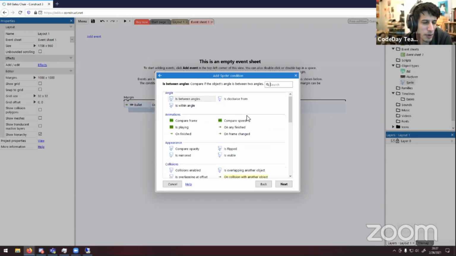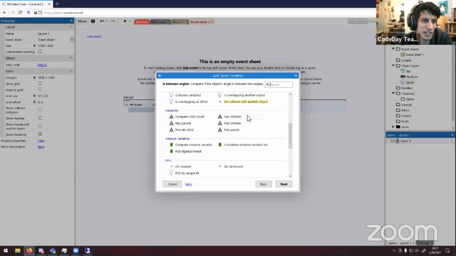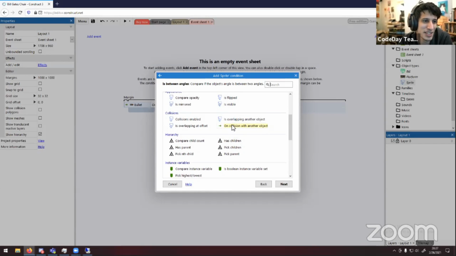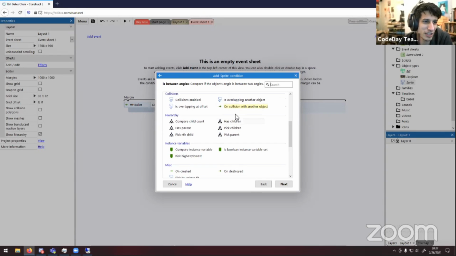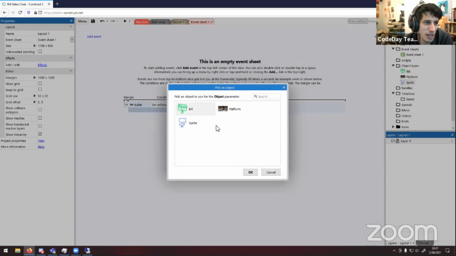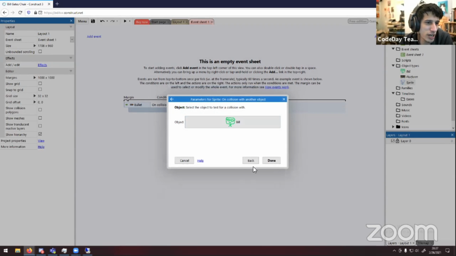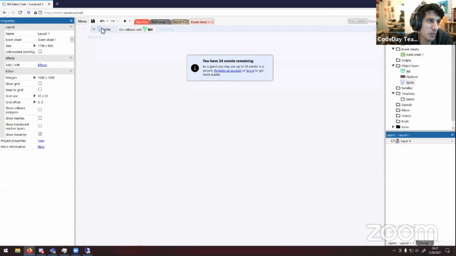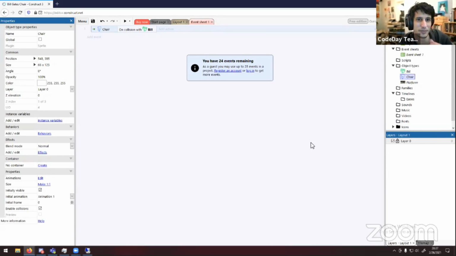Now, one of the things I like about Construct is the things that you're commonly needing to do are actually highlighted. So I'm scrolling down here. On collision with another object is highlighted, so that's convenient. I'm going to pick that one. And what is the object I want to check if they're colliding with? I'm going to check if they're colliding with Bill. So when the chair collides with Bill, and you can see that, I actually forgot to name my chair, so it's named Sprite, so I'll rename it to Chair. When the chair is colliding with Bill,